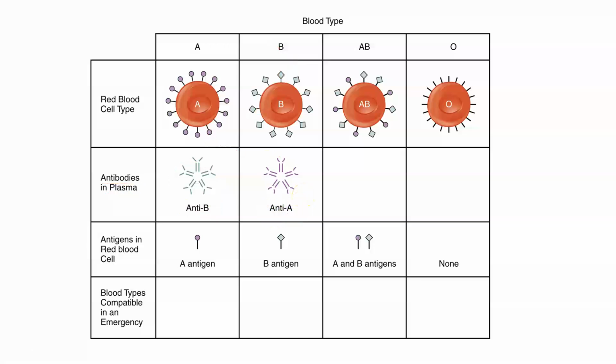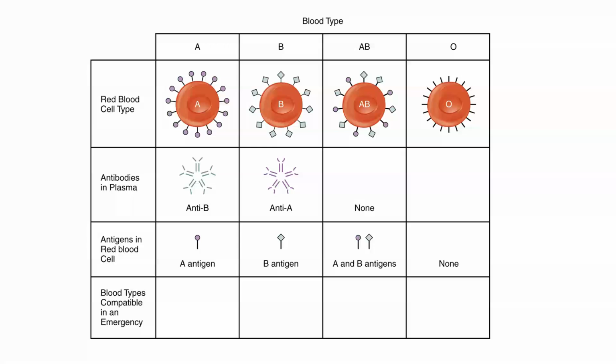AB blood, see if you can guess what type of antibodies they would have. We know that they could not have the anti-A antibody because if they did, it would bind the A antigen and it would destroy their own red blood cells. We know they also cannot have the anti-B antibody because that would bind to the B antigen and destroy their red blood cells. So folks with type AB blood actually don't have either the anti-A or the anti-B antibodies